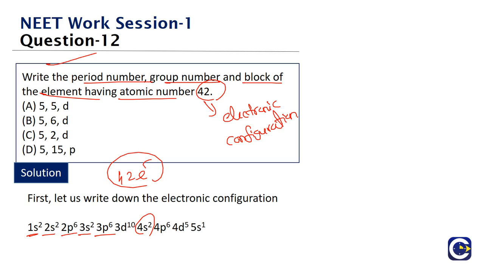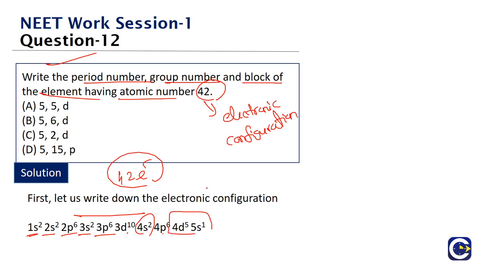Of course, we have to keep in mind that before 3d we will fill 4s. But once we get that electronic arrangement, we can keep all the third orbit subshells together like that. So after filling 3p we will fill 4s2, then 3d10, then 4p6. This is an abnormal electronic arrangement.